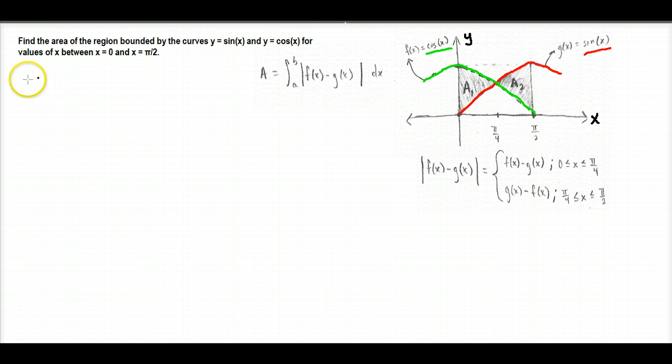So we want to write the function here, area is equal to the integral. And since we're integrating from x equals 0 to x equals pi over 2, we want to do absolute value of, here we'll just write cosine x minus sine x